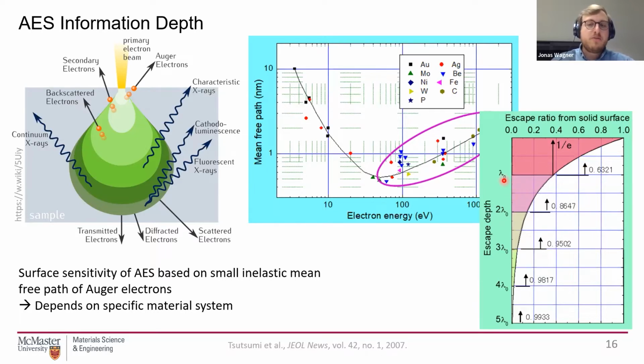So when we talk about the mean free path, like one or twice the mean free path, how much is it actually? We can see here from the diagram, for the Auger electrons, we usually look at between 100 and 1,000 eV. The mean free path is roughly about 1 nanometer, right? So we can say for most of our systems, 86% of the signal is generated within the first 2 nanometers of the system. But to be more precise, we have to look at our very specific material system, our specific Auger transition we're interested in.